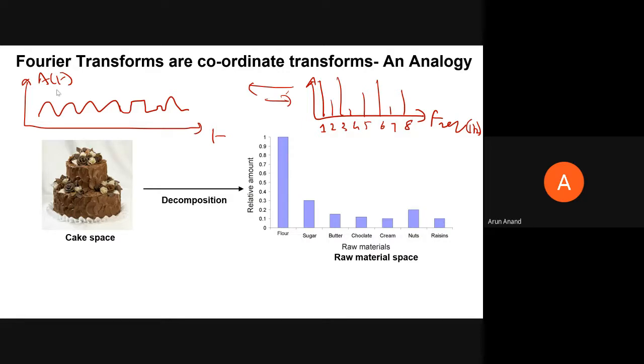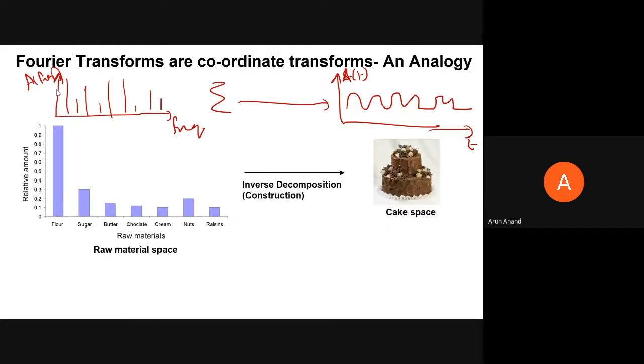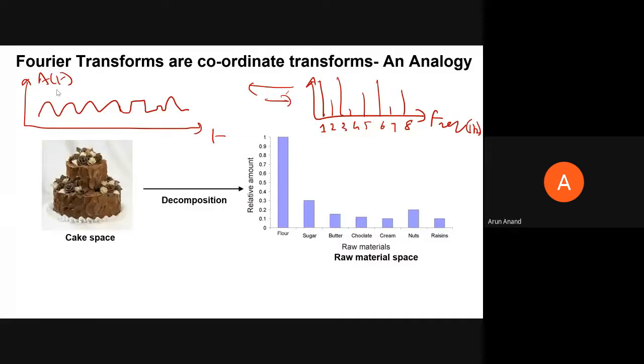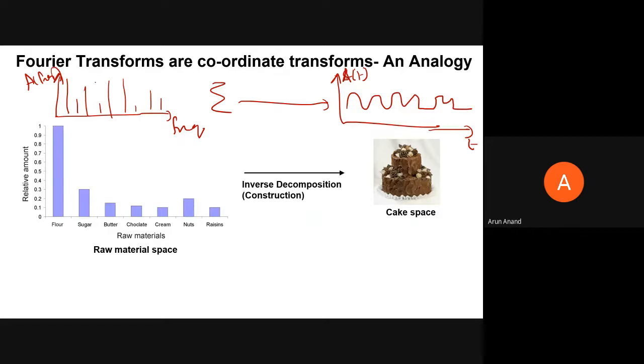Okay, so this is the analogy I'm saying, from your signal space to your frequency space, and that is your decomposition. So you can say that these frequencies are present. For example, when you do an inverse decomposition, you just use these frequencies, set the other frequencies to 0, and then do an inverse decomposition sum. Then you get maybe only the lower frequencies. So if you do it like this, you will get something like this. Clear?